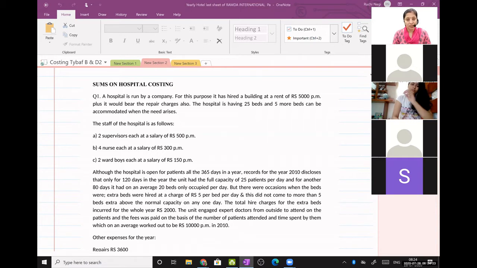Is this clear to everyone about fixed and variable cost in the hospital cost sheet? Acknowledge it, because on that basis now I will ask you the question. Out of this question number 1, which one is fixed and which one is variable? You people will answer. Even if it is answered wrong, no issues. It will help you to correct yourself. At least you will apply.